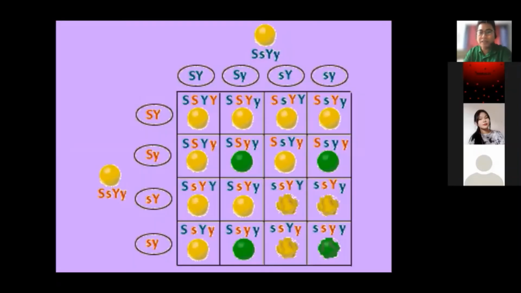As for this, example ito, we have the SSY for the female gametes, and the SSYY for the male gametes. Kasi yung ginamit niya is pinair muna ito, and then pinair ito, and then they paired it heterozygous. So pinair ito with this, and then pinair ito with this. Okay? So ganon.